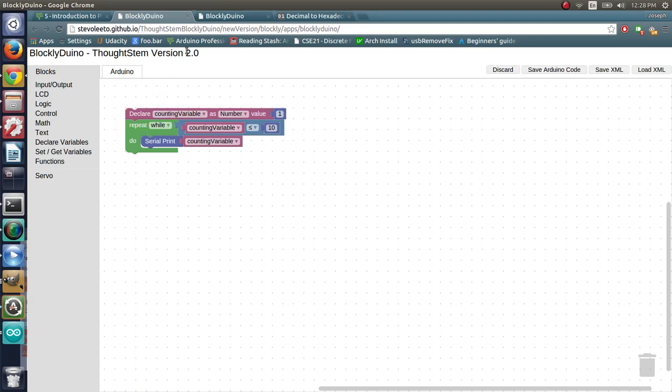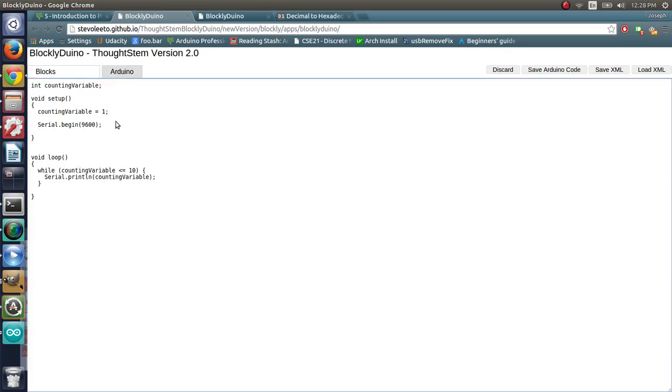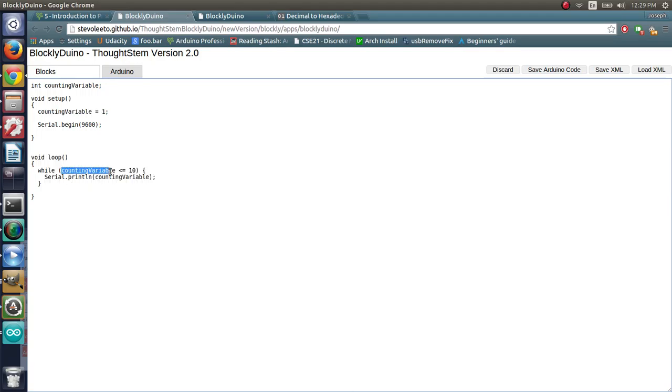So they look very similar from the outside, but if we go into the Arduino code, we see that the counting variable is declared in a different place here. It is declared in setup. So that means counting variable is only initialized once. And then when loop runs, it just does this while loop over and over, and counting variable is incremented all